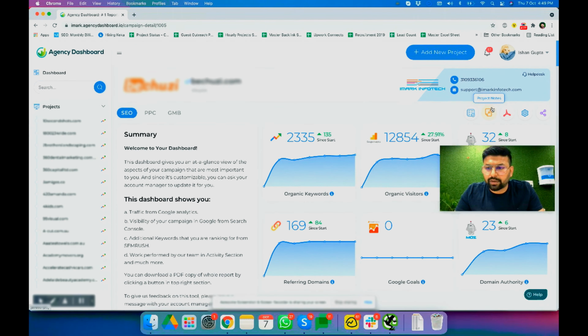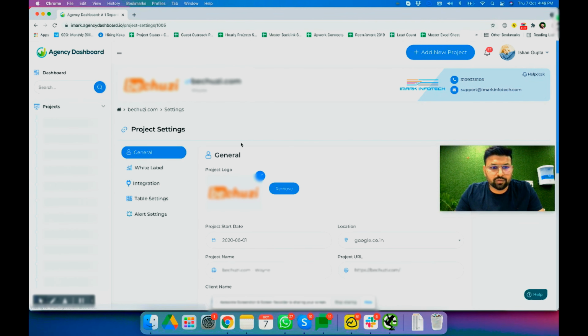How do we integrate a particular campaign? So if you go to